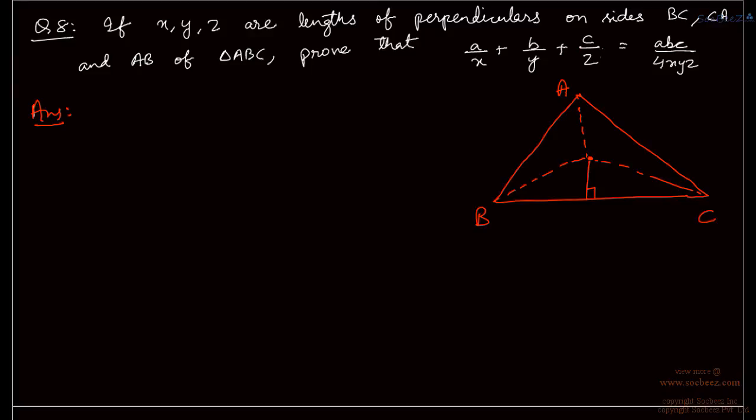But this is what is given to us, right? This is X, and similarly to this one it will be Y, and to the next one it will be Z, right? Now this whole angle is A,